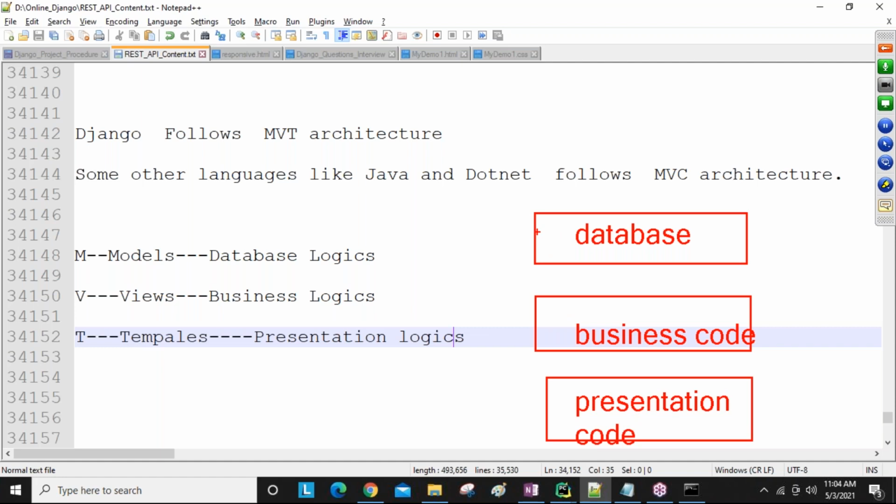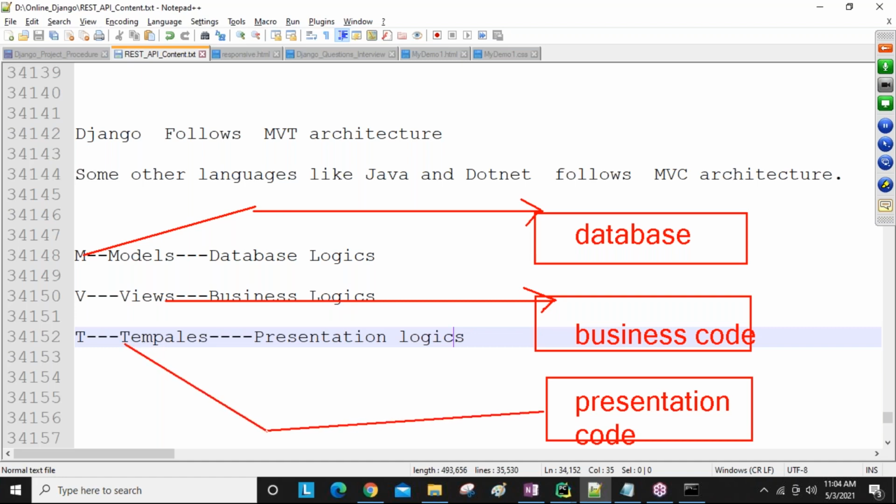Database-related coding, like MySQL or Oracle, we can do by using these models. Business coding we do inside the views, and presentation logic we do inside the templates.